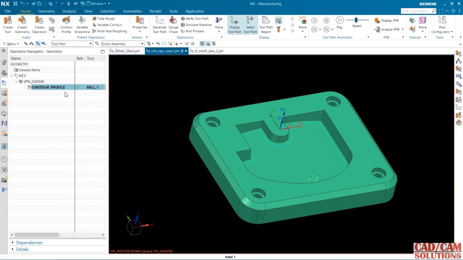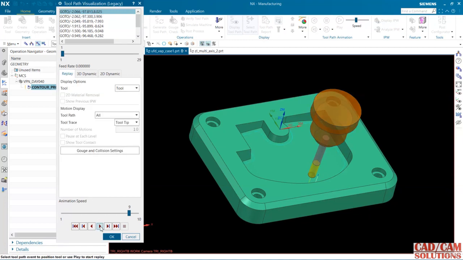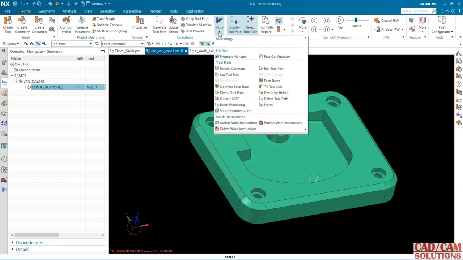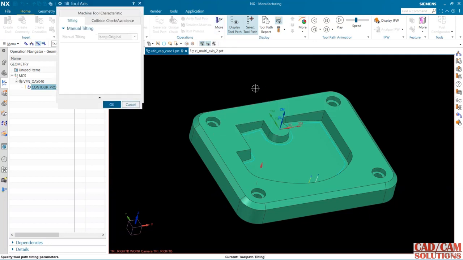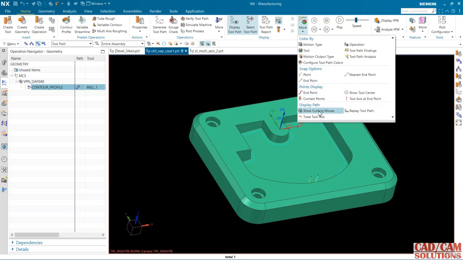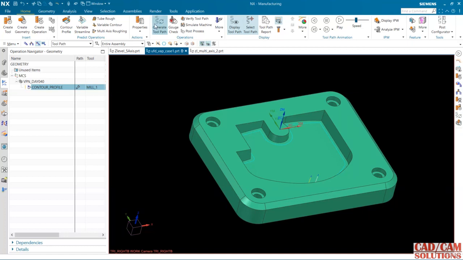And okay, and I want to see the verification in replay. It is working. Okay, but still it is not that much properly visible. So go to tool axis, trace tool axis, switch on this. By default it is off. Now it is on, and if you will play,